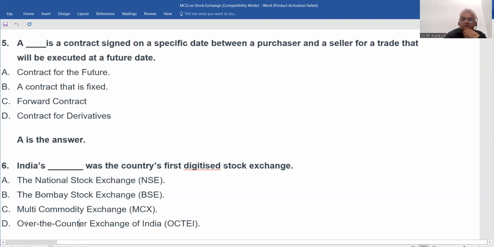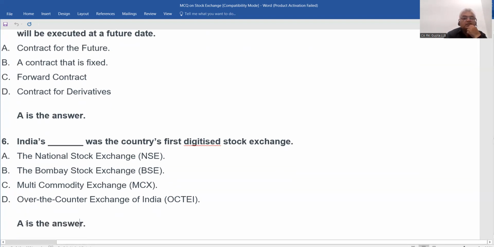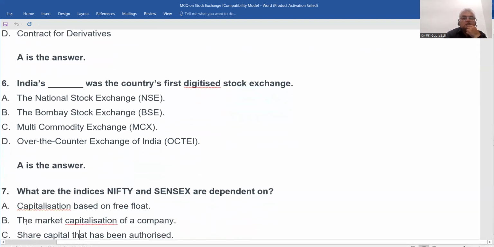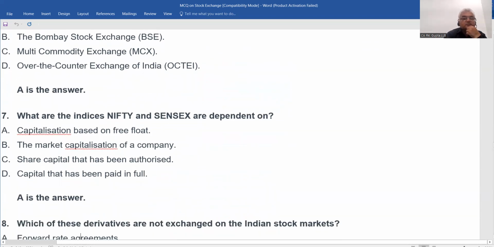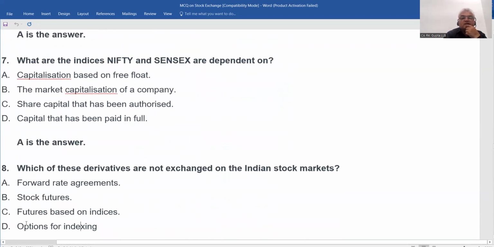अच्छा, कौन सा फर्स्ट डिजिटल स्टॉक एक्सचेंज कौन सा था इनमें से? ये कह रहा है एनएससी। ये निफ्टी और सेंसेक्स किस पर डिपेंडेंट है? कैपिटलाइजेशन बेस्ड ऑन, ये भी हो ही गया हमारा, ठीक है ना।